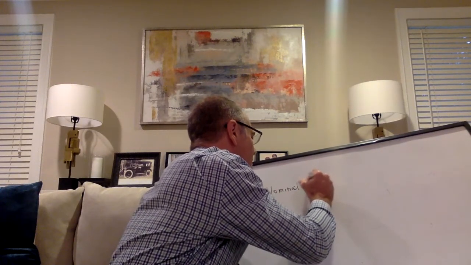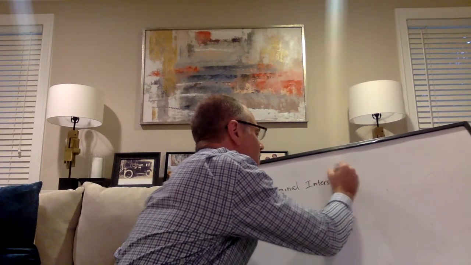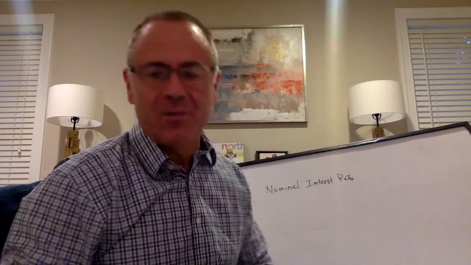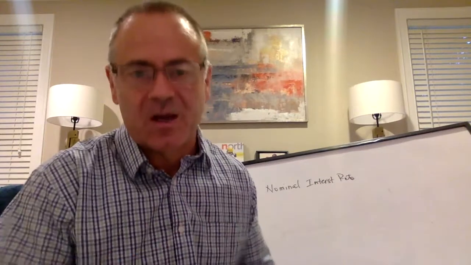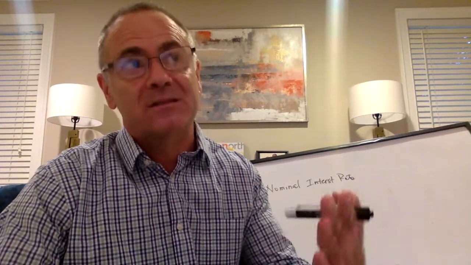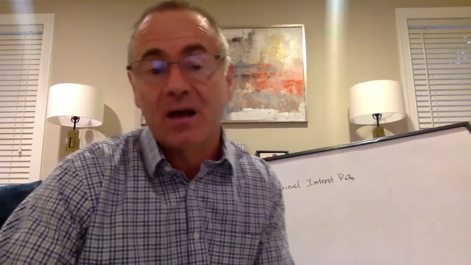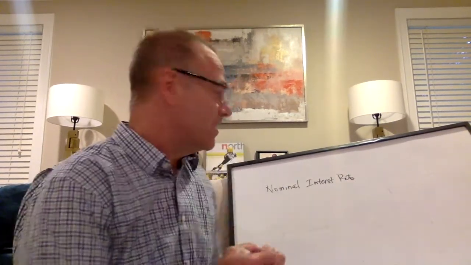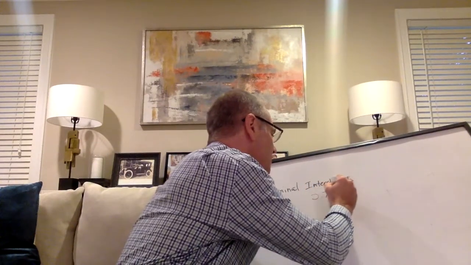Next, the notion of the nominal interest rate. Nominal interest rate is what the banks report. That's what you see in the news or the newspaper or on websites. So currently, when we say the interest rate for a riskless asset, an approximately riskless asset would be U.S. government bonds. And so if you look up the interest rate for a 10-year Treasury bond, as I speak, it's currently about 0.7%.